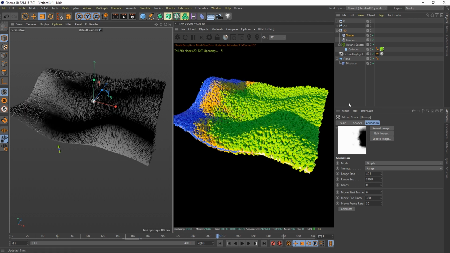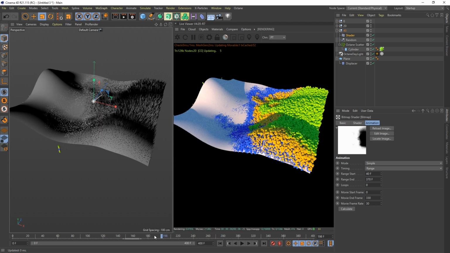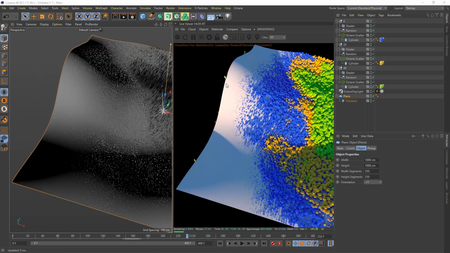So this is really super simple, right? But really effective. And just by layering the systems on top of each other and giving them a time offset, you can achieve animations like I did. Okay, I just saw a distracting detail around the edge, so we don't want to have